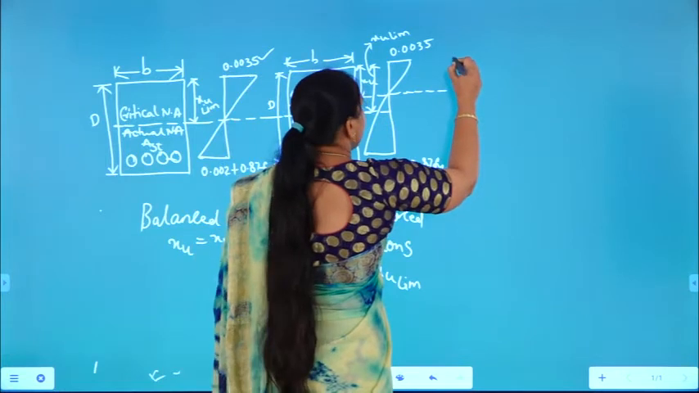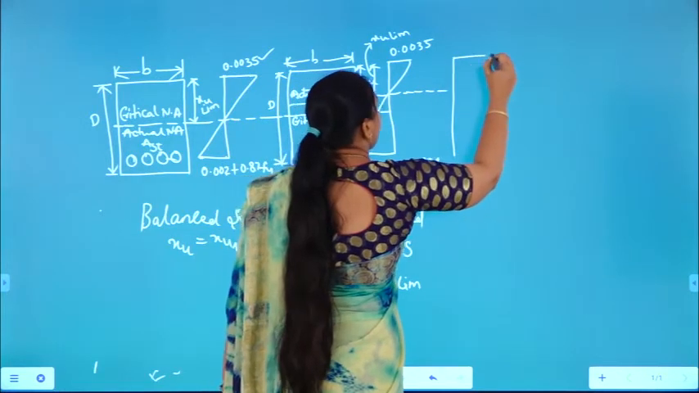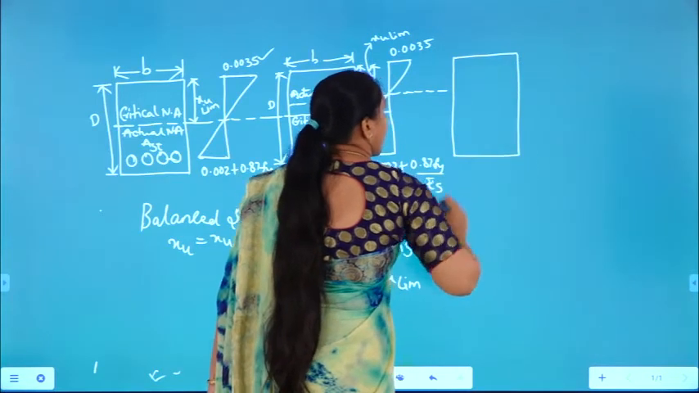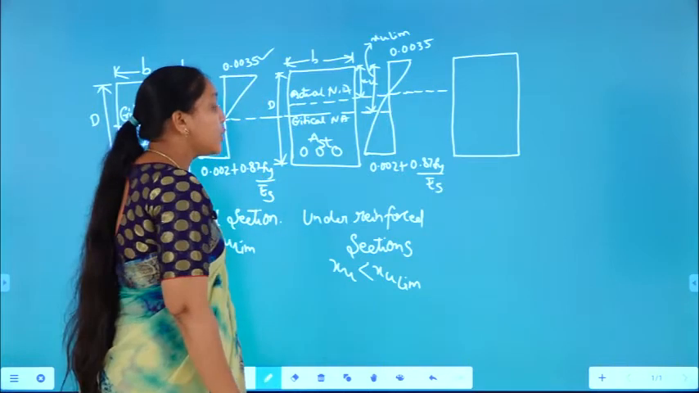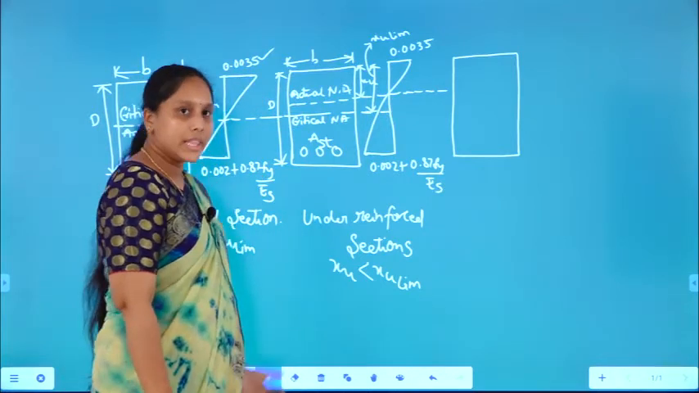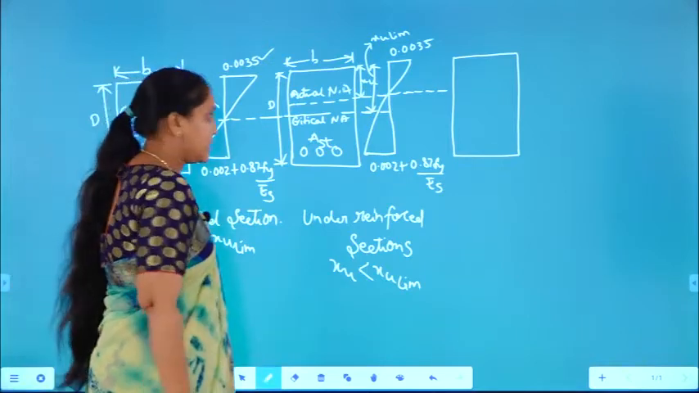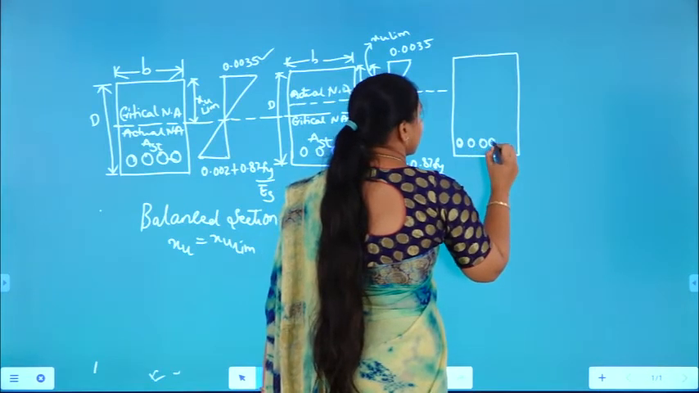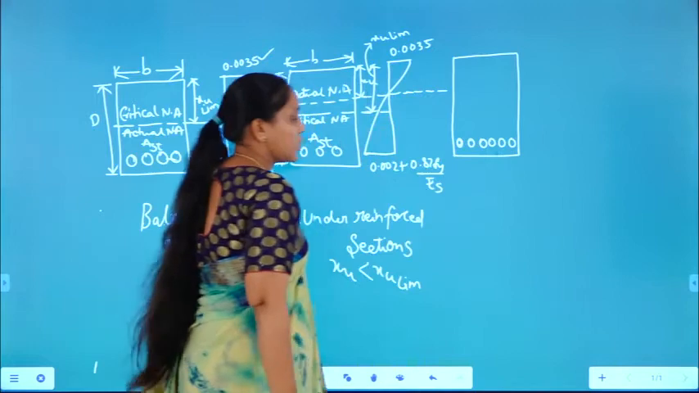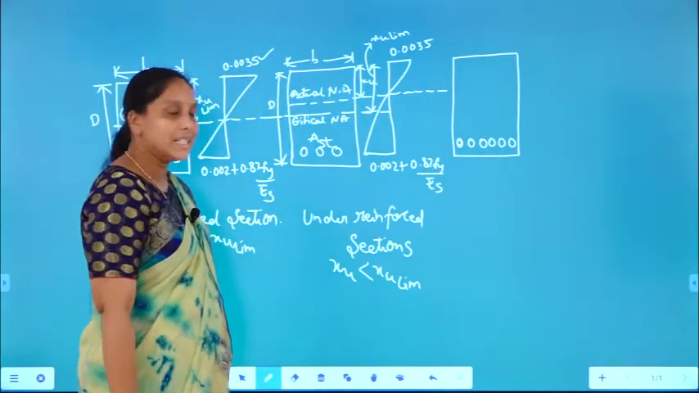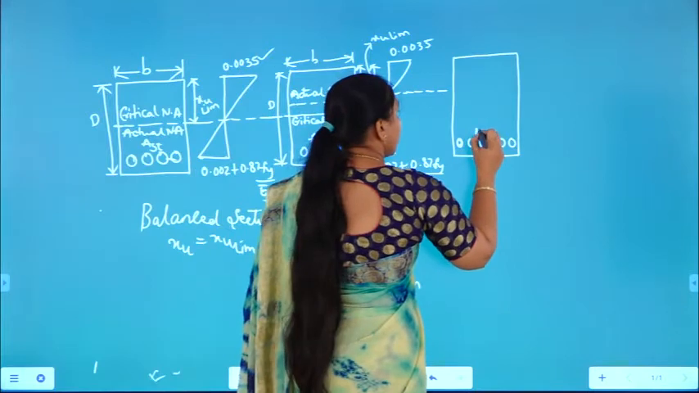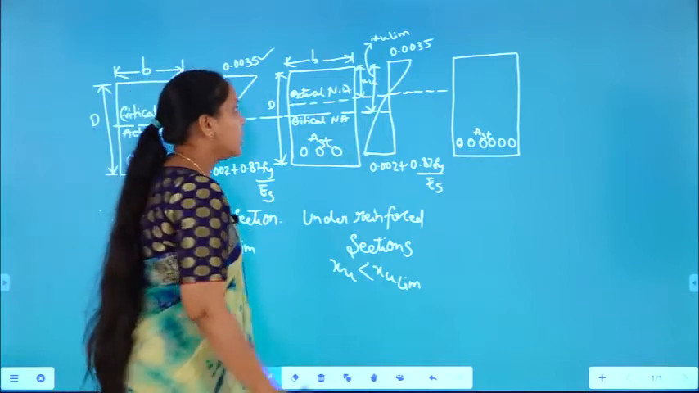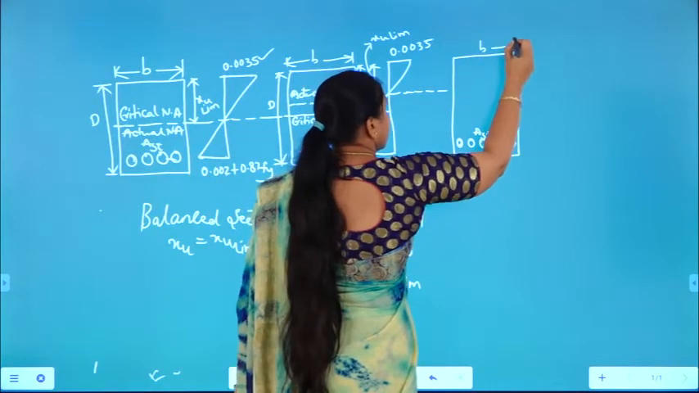So, here I am drawing a rectangular beam, and here I am going to provide the reinforcement more than what it is required for a balanced section. So, I will provide more reinforcement than it is required for a balanced section. This will be our area of steel AST. So, the same, this is going to be the